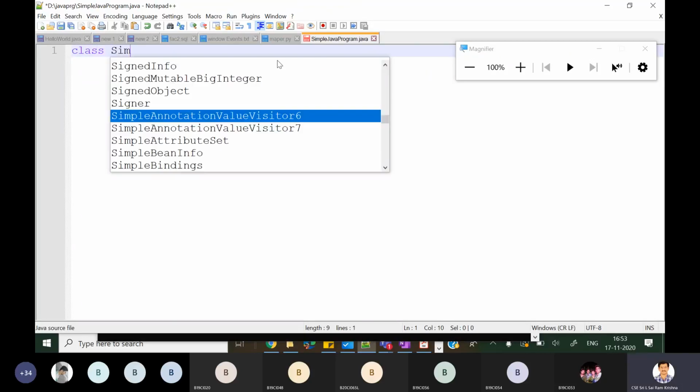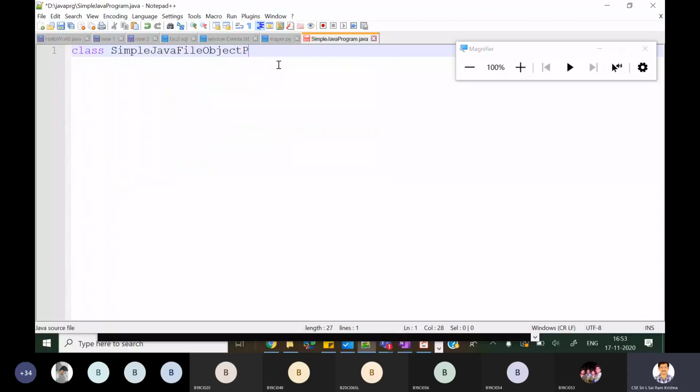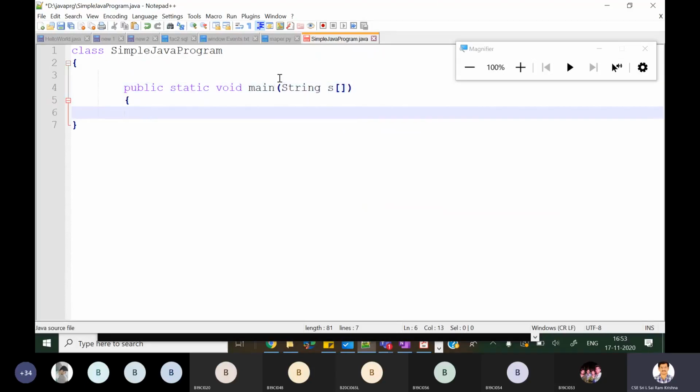Class SimpleJavaProgram is the class name. Close it and come here. You need to type it completely. Public static void main, String arguments. Close it. Then start writing here.